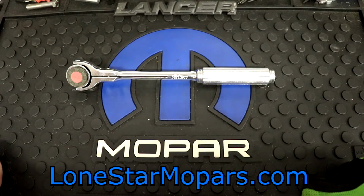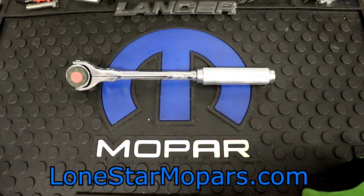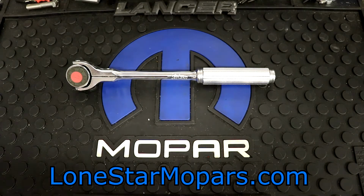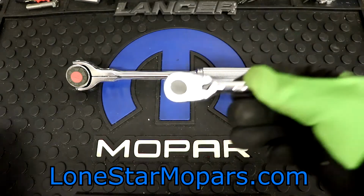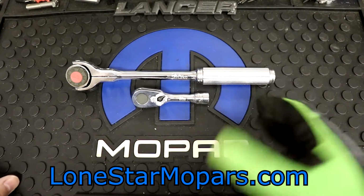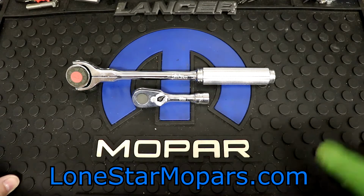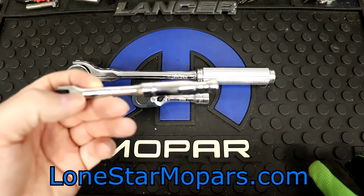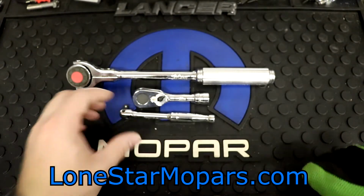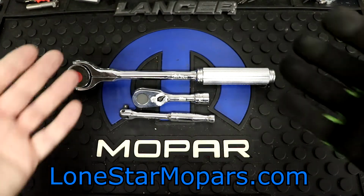But this is kind of the culmination. One of the reasons that we went ahead and brought in all the breaker bars was so I could experience the handles. This was the only, and it's not a great example, standard Koken handle that I had. I was on that stubby ratchet, which gives you an idea what to expect, but you don't really know. So with the breaker bar deal, we pulled the trigger on that, and between these two I made my deduction of what I think I would think of this ratchet